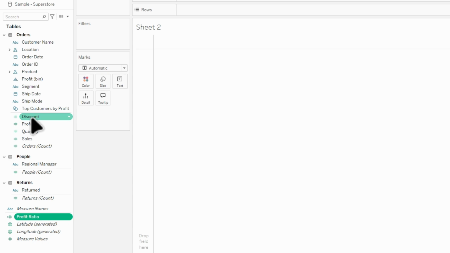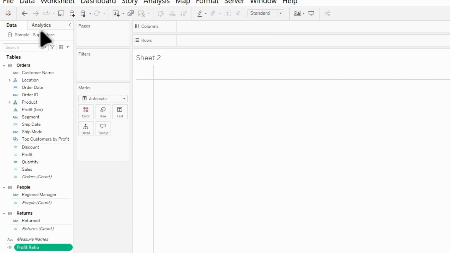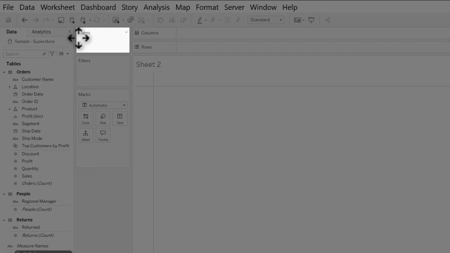And our dimensions are qualitative data, which means they're like names. And our measures are numerical or quantitative data. Then if we navigate to the right, we can see the Pages shelf. In the Pages shelf, this allows you to add dimensions so that we can granularly switch views to different pages. The next one is the Filters card, which is right below the Pages.